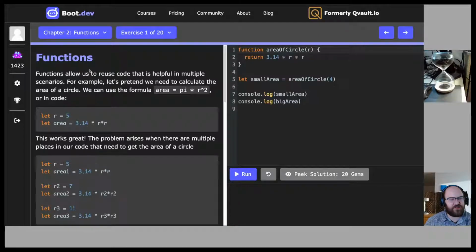Functions allow us to reuse code that is helpful in multiple scenarios. For example, let's pretend we need to calculate the area of a circle. We can use the formula area equals pi times r squared, or in code, let r equal 5, let area equal 3.14 times r. This works great. The problem arises when there are multiple places in our code that need to get the area